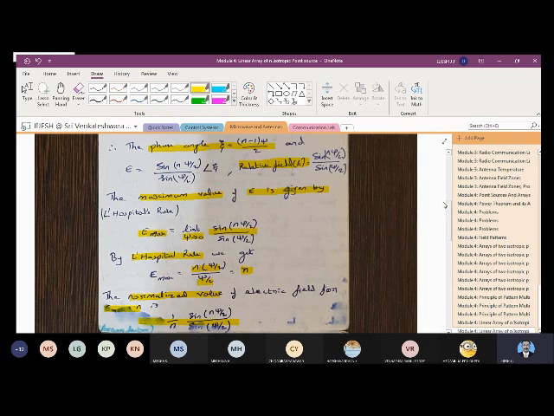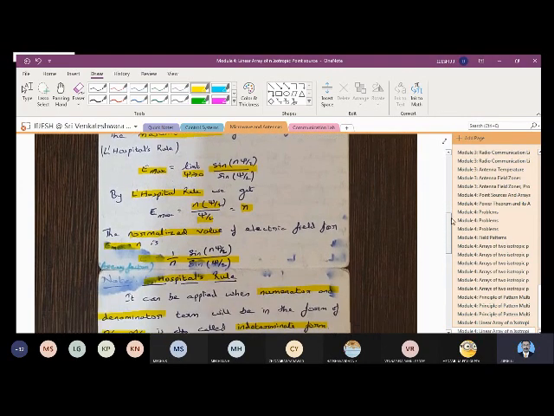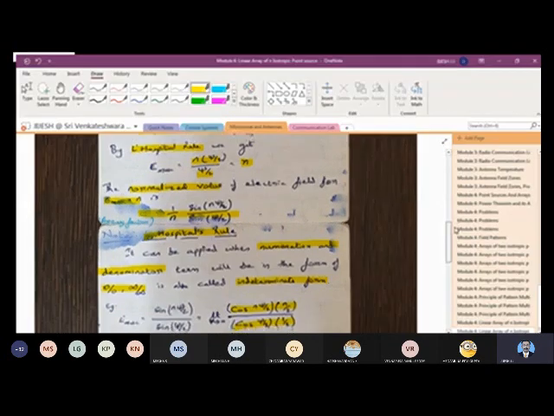So the array factor, you got it as E is equal to 1 by n, sine n psi by 2 by sine psi by 2. What you can understand is that the total field E can be defined as sine n psi by 2 by sine psi by 2 angle eta. And if you want to find the maximum value, you substitute the limit of psi tends to 0 in that equation. When you do it, you get that E maximum is equal to n. What that indicates is that n is the number of isotropic point sources. So you can complete it.